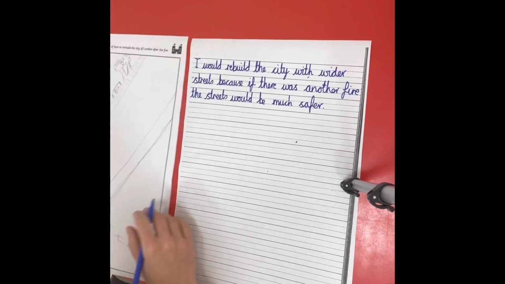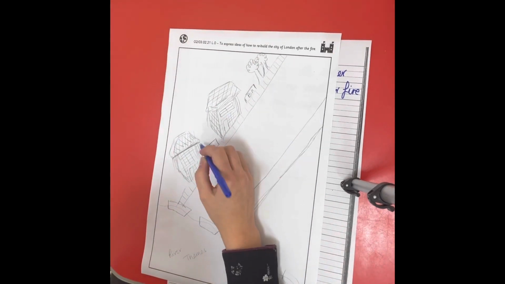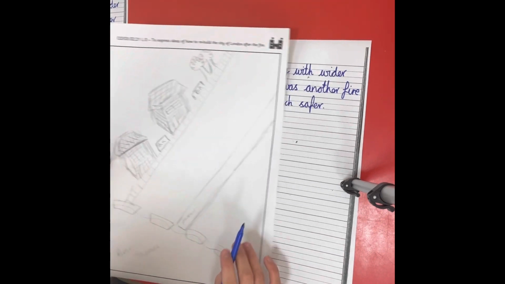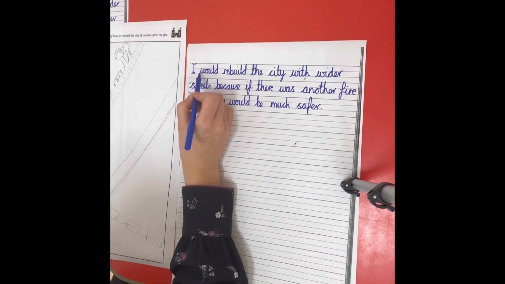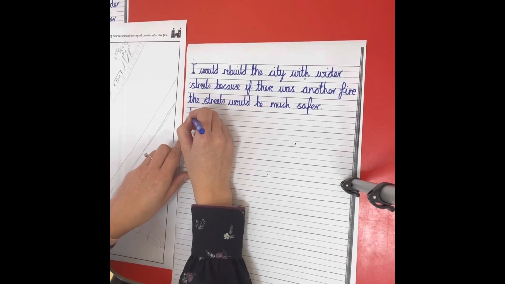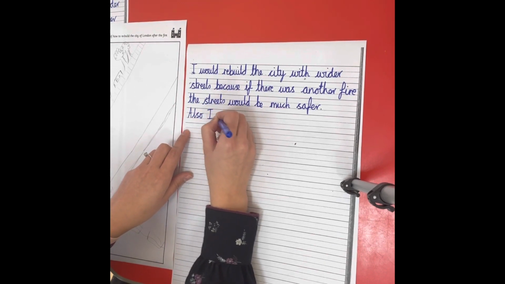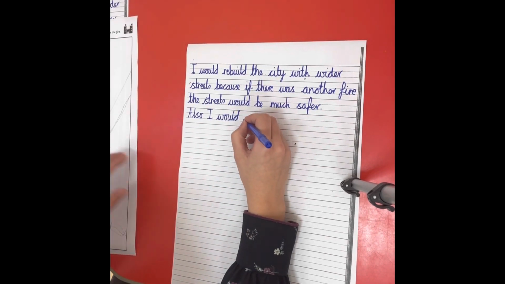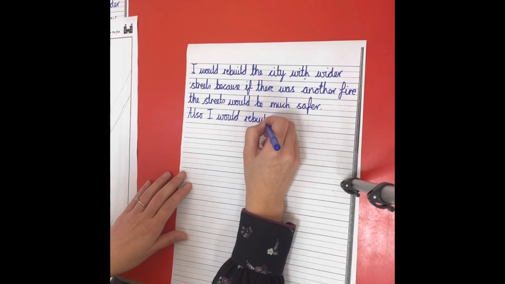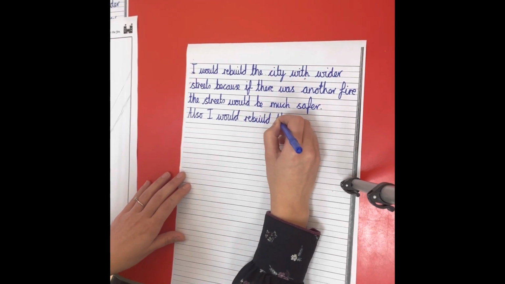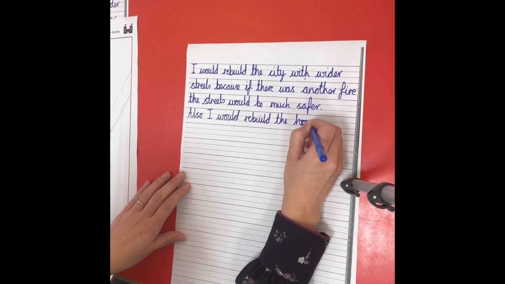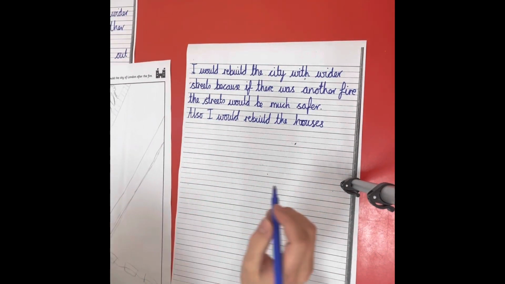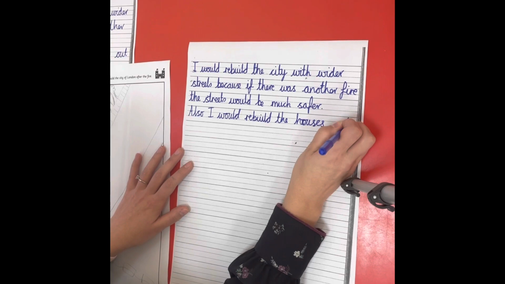Okay, back to my picture. Now I'm going to be talking about the materials that I rebuilt the house from. I'm going to just change the way I open my sentence. Rather than I would, I'm going to have also. I would. Also, I would rebuild the houses, remembering my capital letters and finger spaces throughout. I would rebuild the houses out of